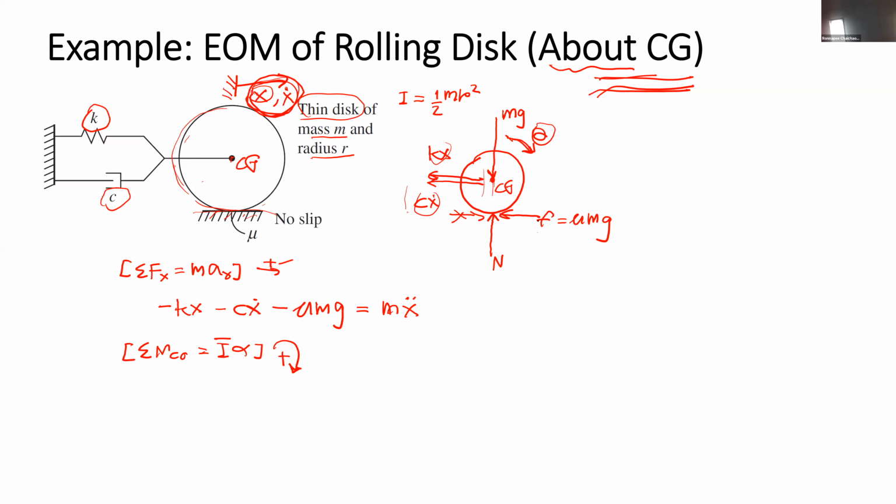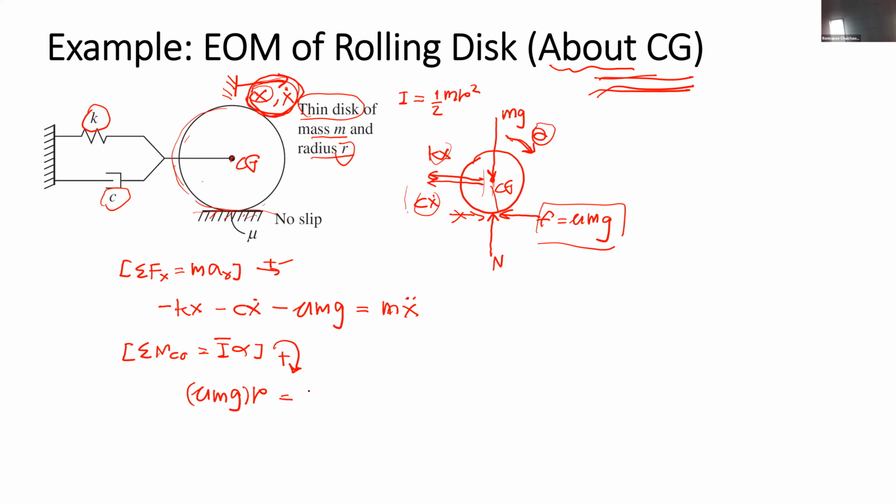The only force that creates moment about the CG in the clockwise direction is the friction force, and it acts at the radius r. So it acts in the clockwise direction. So mu mg at the radius r is the only moment